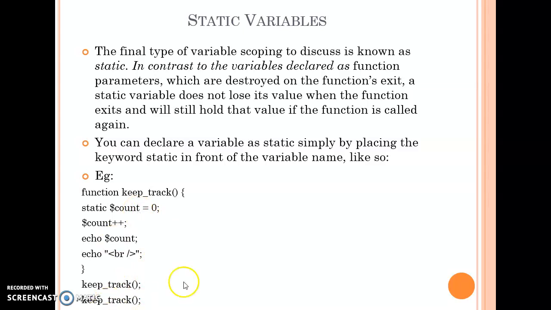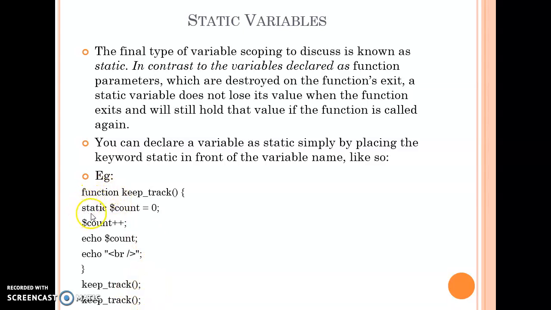So again we are calling a second time. It takes count equal to 1, and count++ means increment by 1. The value on this second call is 2. Third time we call again, the static variable stores the previous value, the previous value of $count is 2. Then increment by 1, it is 3. So the output of this program is 1, 2, 3.